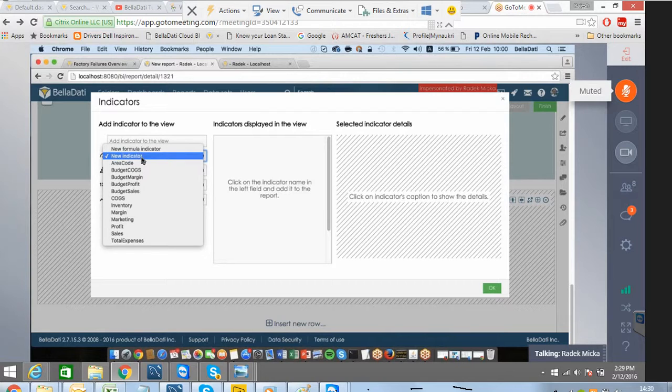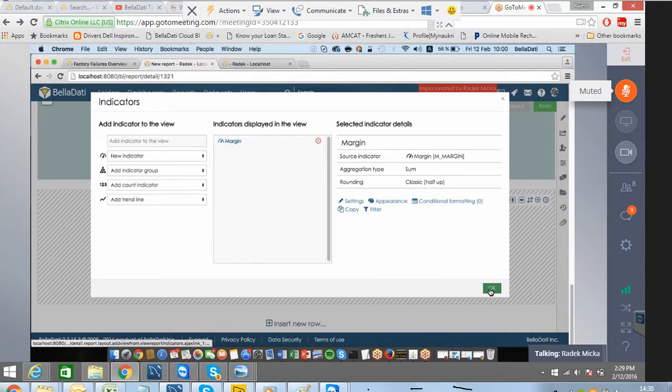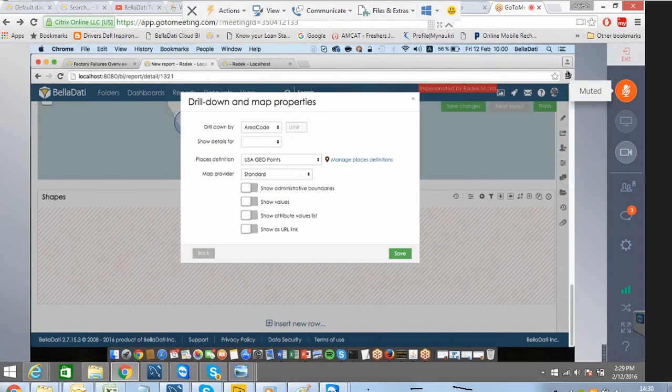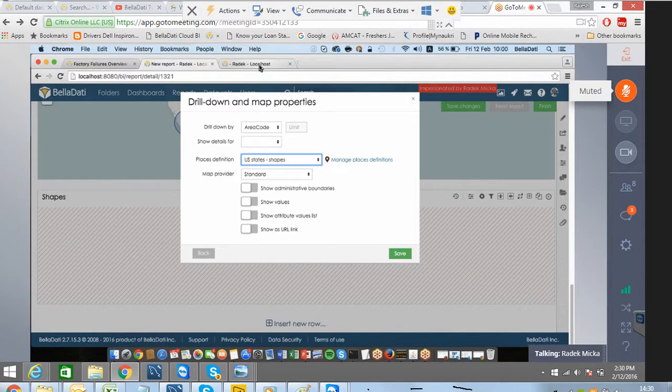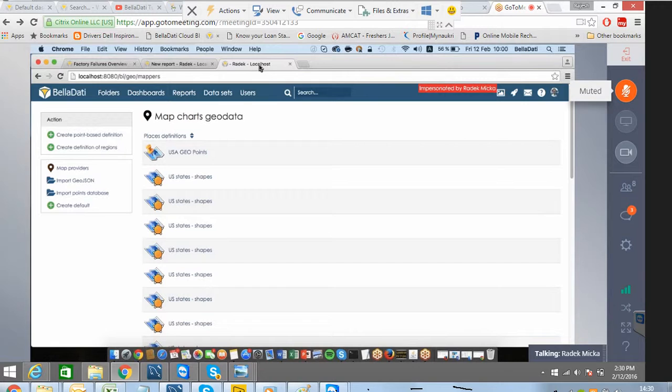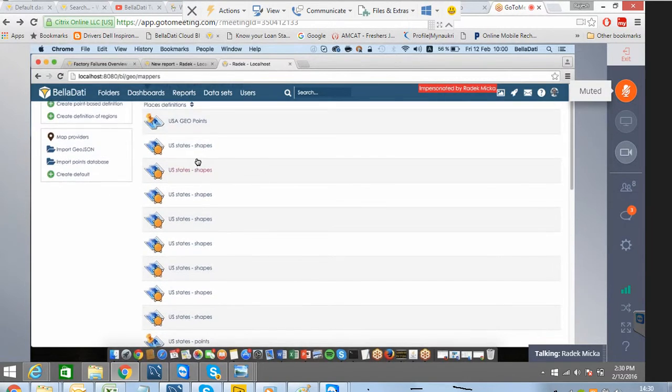Now I will select an indicator which will be used in this map and hit OK. And now we will need to use another places definition, and it should be shapes. So let me go back to the places definition and show you how the shapes are defined. I will open this places definition,